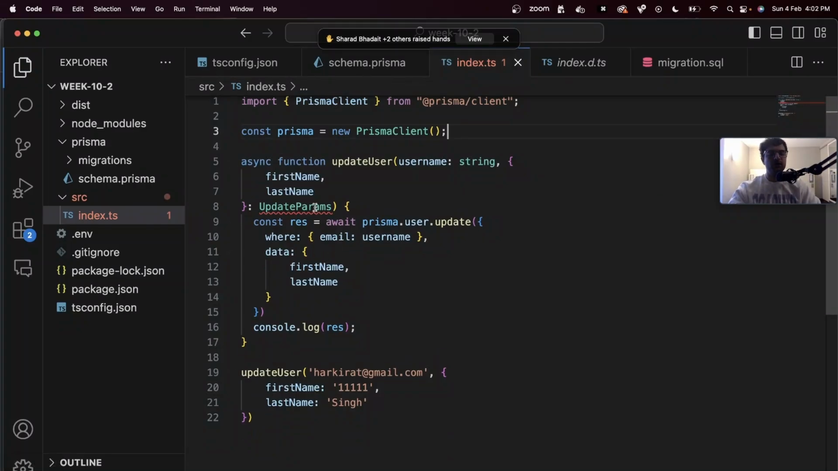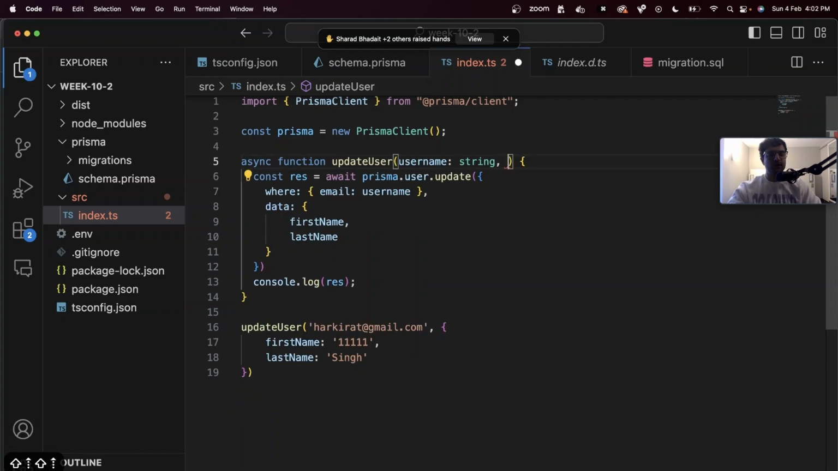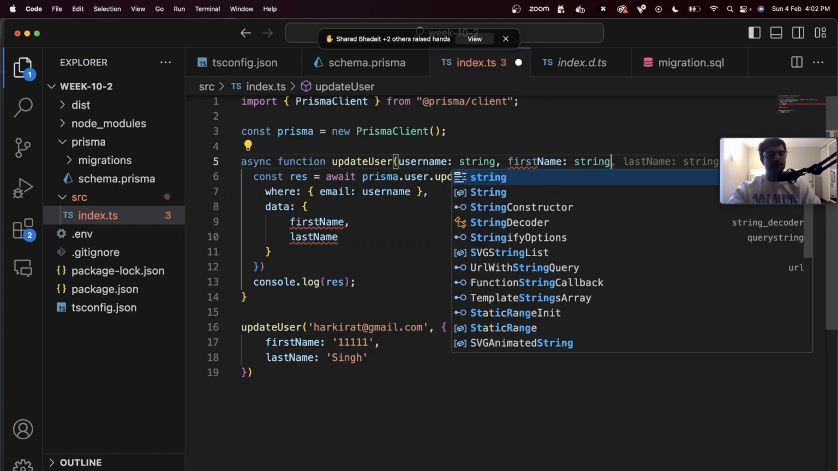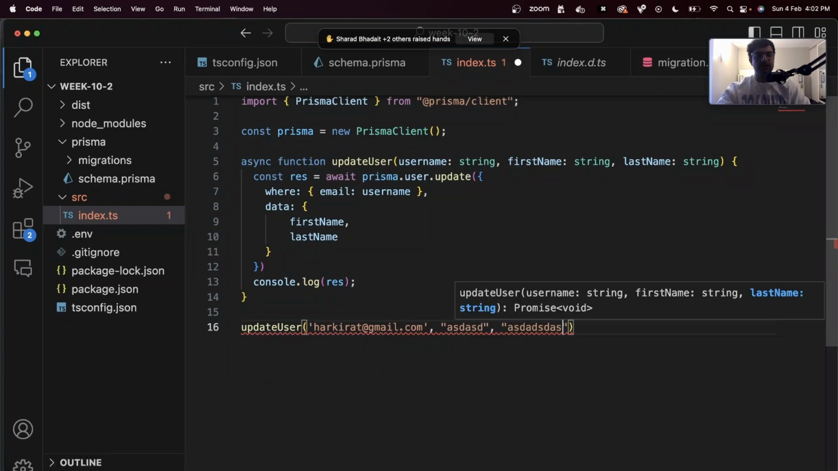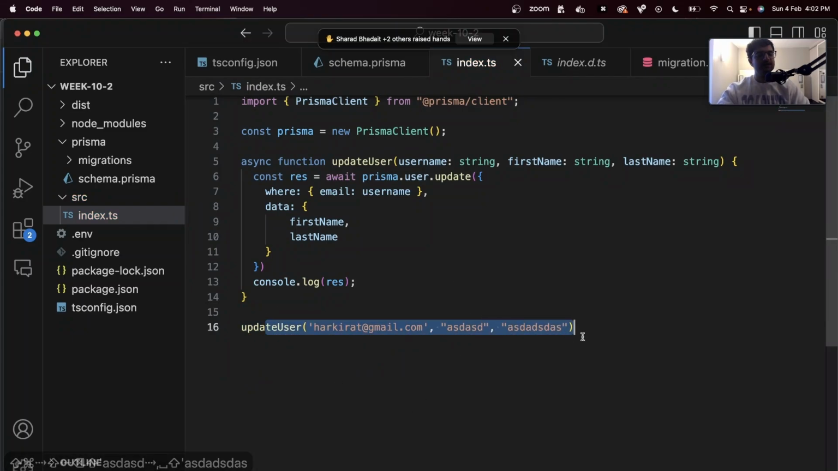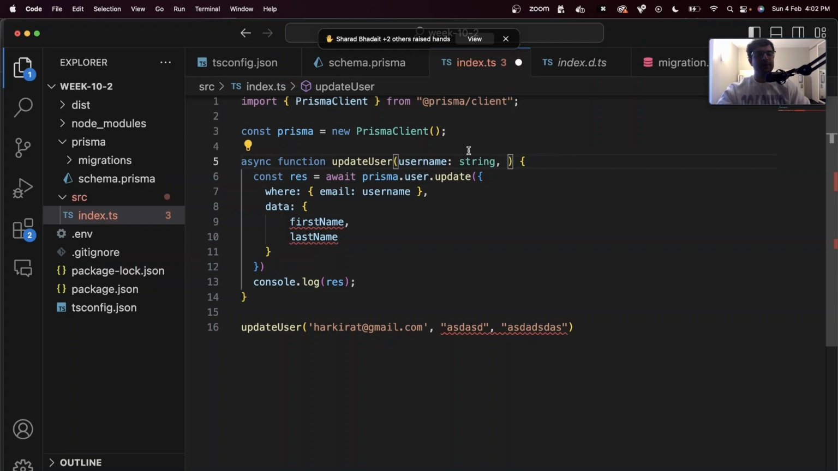So for the TypeScript part, this function expects arguments, right? You can either write this, that username is a string, first name is a string, and last name is a string. This syntax works. And whenever you're passing it, you can give it the new first name and the new last name. This syntax works. Or you can say this will be an object. So how can you expect a single second argument, which is an object? You will be like